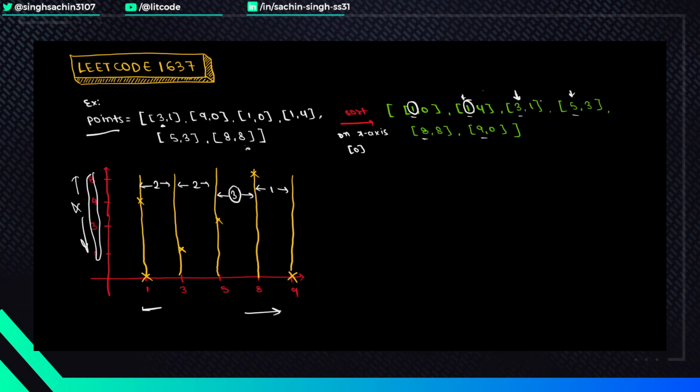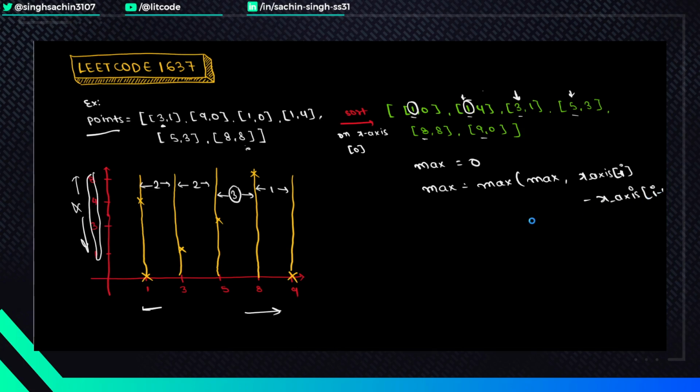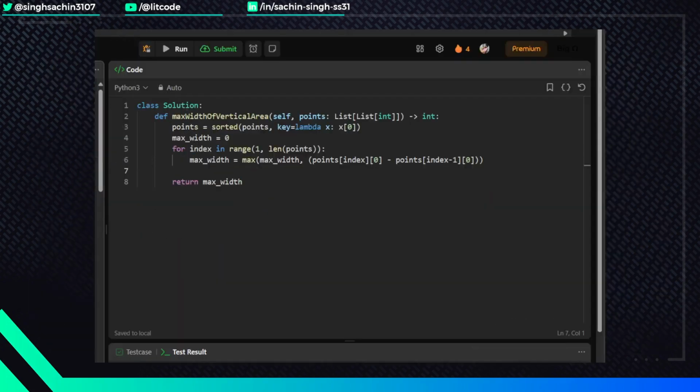So by doing that we'll get our value, and we can keep a variable to store the value. For example, we can initialize it with 0, and as soon as we check anything, for example, we checked 1 and 1, now max will be equal to the max of the current value and x-axis at index i minus x-axis at index i minus 1. Okay, this is what we can do. So coming to the code,